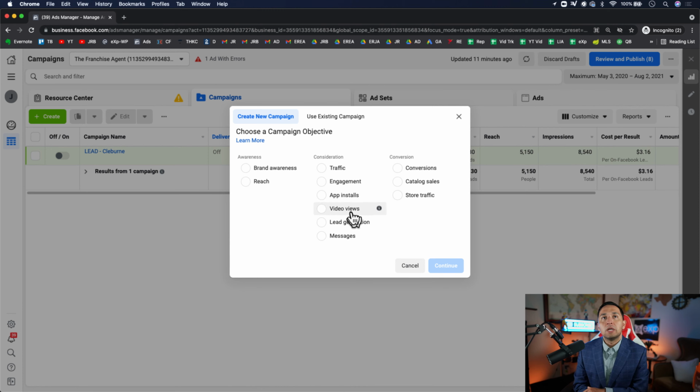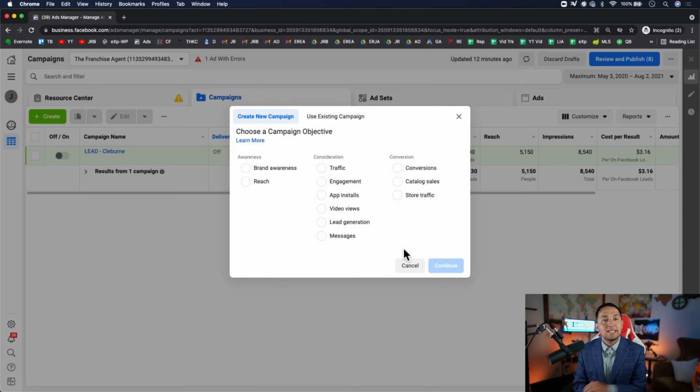Let's say you wanted video views: it's going to show your video to people who are likely to watch videos, because it's Facebook and it knows that. Beyond that, it also sets up the back end, so there are some settings you can change that make for a better ad because of the different features and functionalities you get with videos. And then